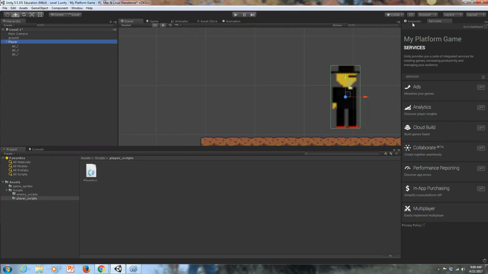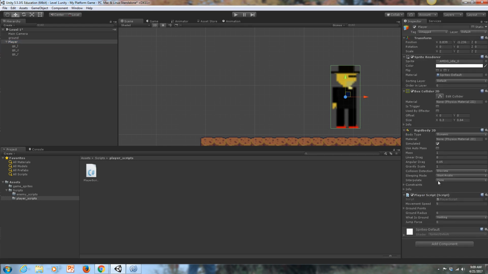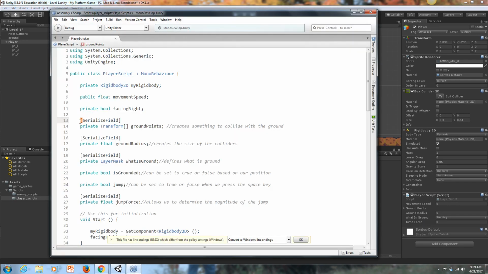So if I save this right now and I go back out to Unity, I click on my player and look in the inspector, you see, I have some more variables here. I have ground points and ground radius and what is ground and jump force. And those are all these serialized fields that I'm adding, right? These 3 here and then this one here. So if you need to pause the video and copy your code here to get these new variables in,